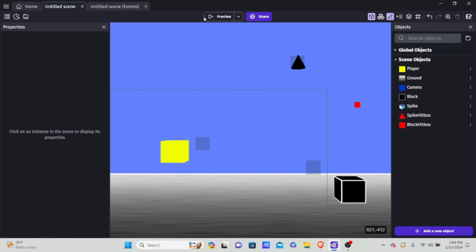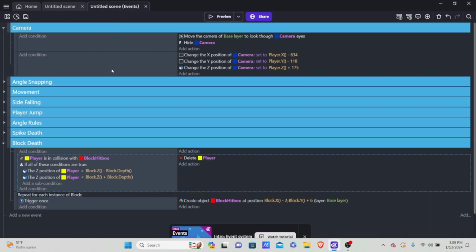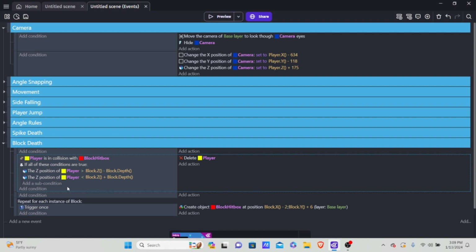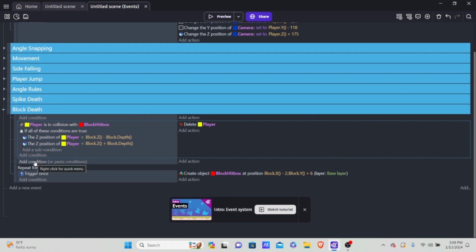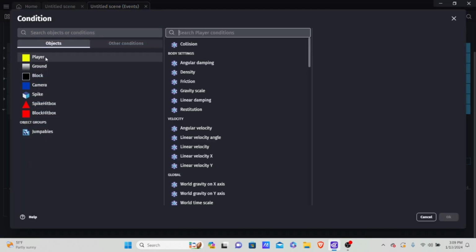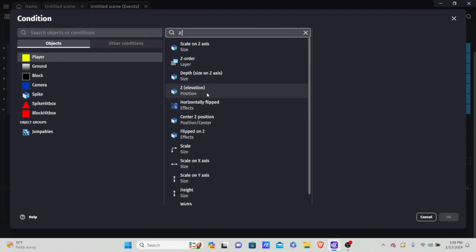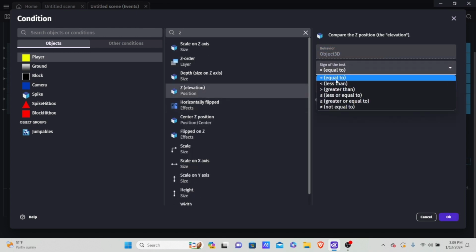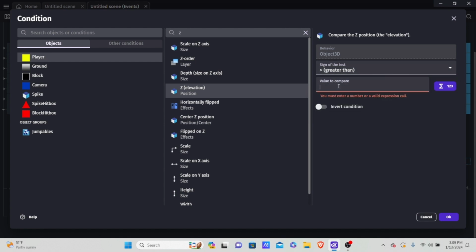That's the issue I want to show you. That's because once again we have to program it so the block's mask is disabled depending on certain conditions. So let's go program that right now. I'm going to click into this event, press Shift A to add another event under, and let's start. First of all, let's get a condition to activate the mask. So I'm going to add a condition. I'm going to click into player and type in Z. If the Z position of the player, first of all, is greater than block.z